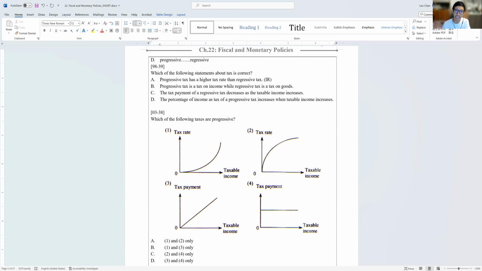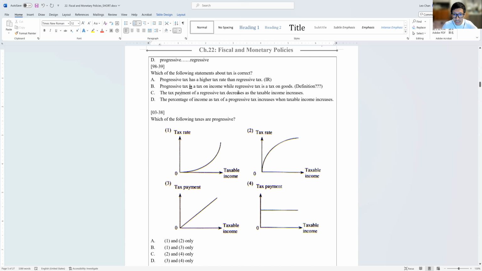OK，現實上的確係嘅 progressive 就係 on income 嘅，regressive 係 on goods 嘅。But is it the definition? 嗱，I put a question mark。佢呢個係冇錯啊，但係呢個係唔係個 definition 啊？The word here is，佢用個 is 字，即係要問嗰啲 definition 喎。Is it the definition? I don't think so. So let's put a question mark on B。我哋唔知道 B 啱唔啱，睇埋先用 D 先，好嘛？The tax payment of